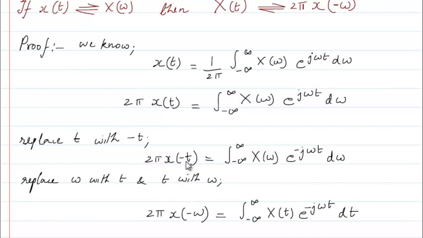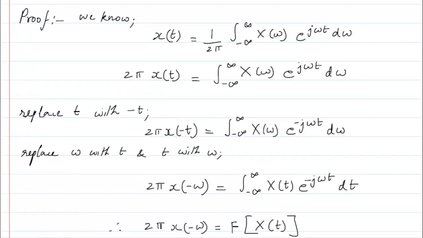So then this equation has become X of omega. Here it is. Now what is this equation? This equation is basically the equation of Fourier transform of capital X of t. Correct? And what is the Fourier transform of capital X of t? Small x of minus omega into 2 pi. And that is what we are writing here, that the Fourier transform of capital X of t is going to be x of minus omega.